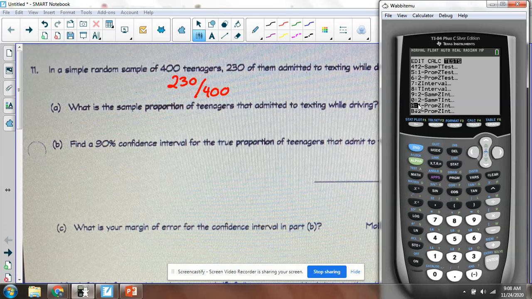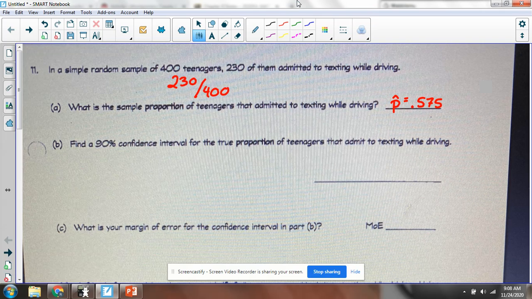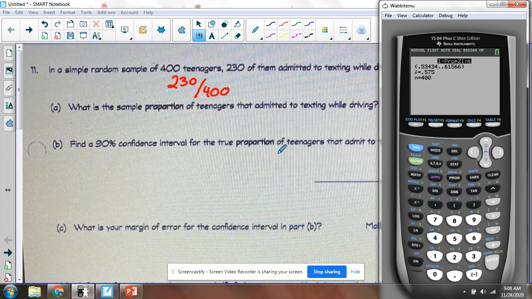We're talking about 1 proportion. The number of people in my sample who texted was 230. Size of my sample is 400. Confidence level I want is 90%. And we'll hit calculate. It looks like he doesn't give us any rounding, so we'll just say 0.5343